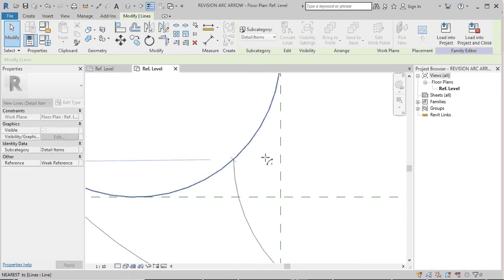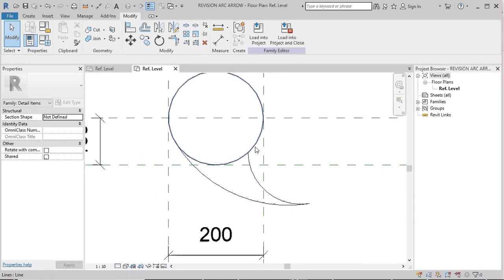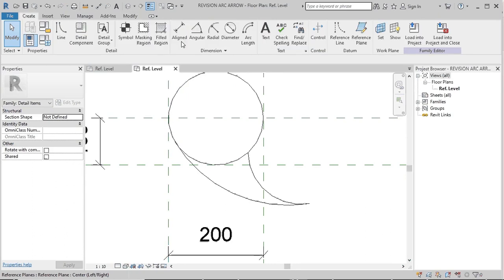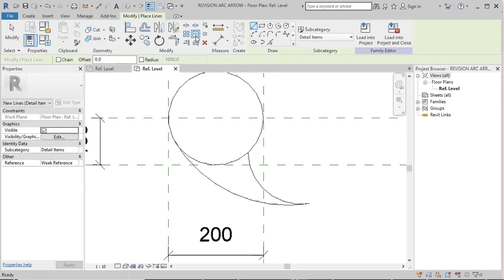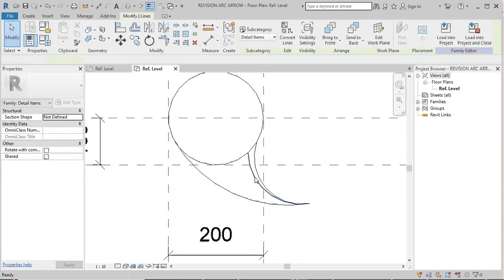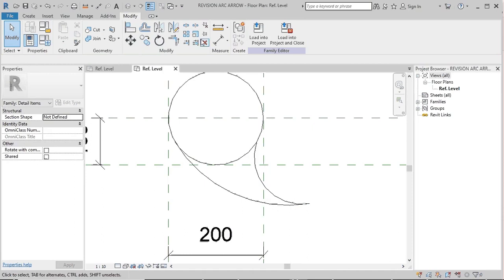In my reference, I create a small arrow mark. If you need a bigger size, you can do it with the same procedure, but create a separate family and then load it into the main family. That is better for us.